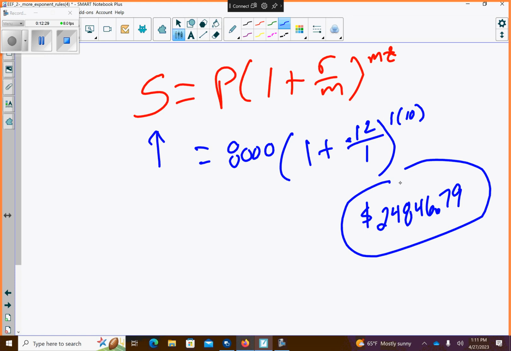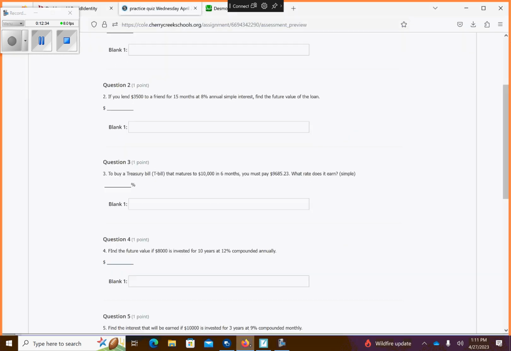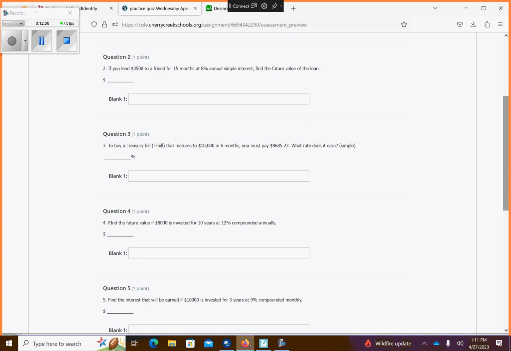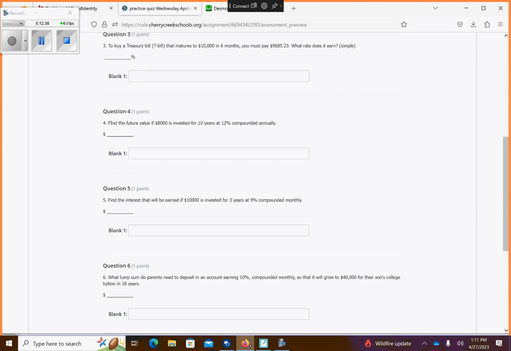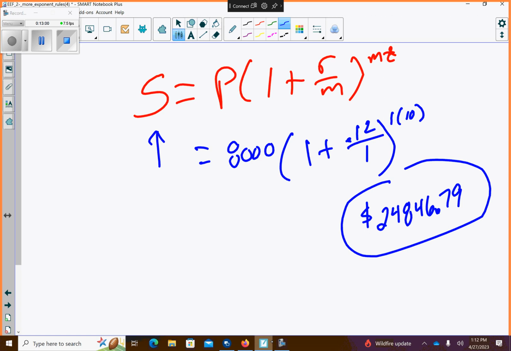All right. Problem number 5 says, find the interest that is earned if you invest $10,000 for 3 years, 9% compounded monthly. Okay, so we're not looking for the total. Once we get the total, we're going to subtract it from 10,000 to get that interest. Okay. All right, so